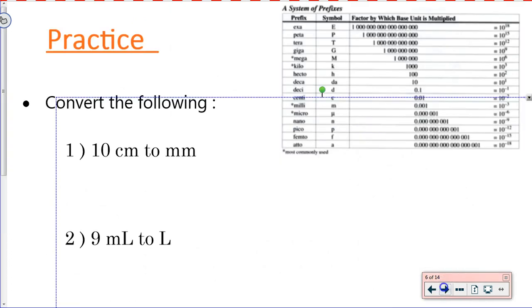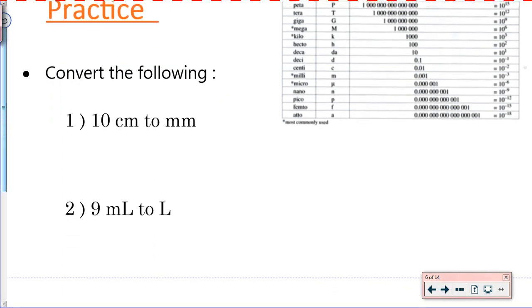So, let's try a couple. The very first one, we're going to convert 10 centimeters to millimeters. Mr. Rainier is going to take this first one, I'll take the second one. You'll see that we probably do it just about the same, but with minor little differences. We don't care how you do yours as long as you can show us, and as long as you actually